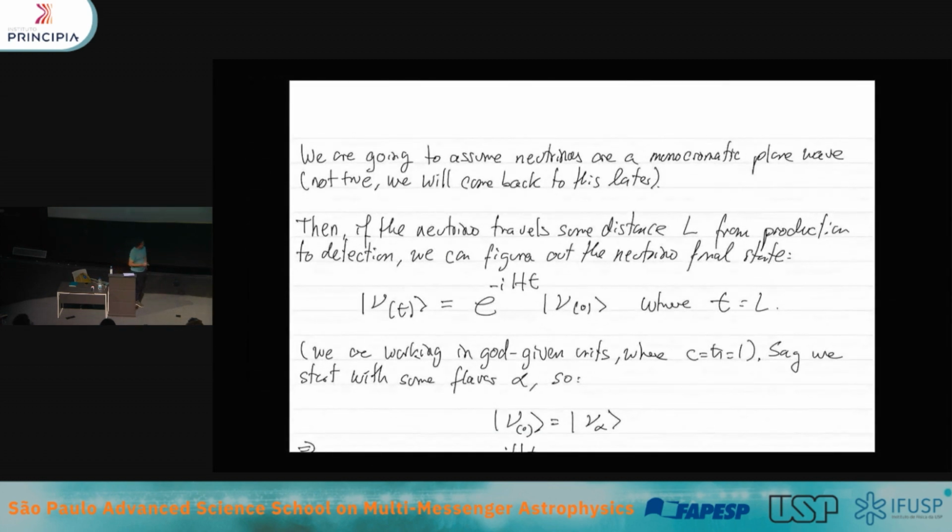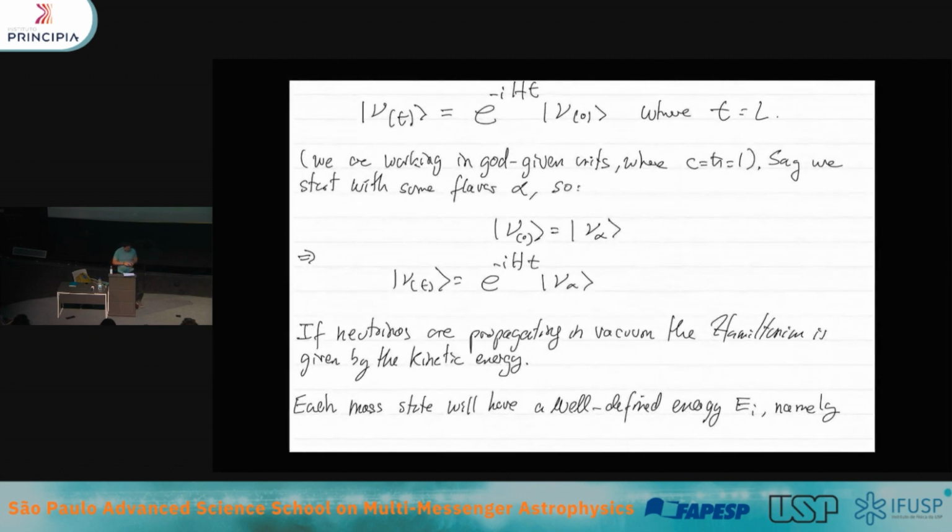Then you start with some initial neutrino configuration. Let's say that that's a mu neutrino, or some fixed neutrino flavor state. And then that's going to time evolve according to some Hamiltonian, and I'm going to end up with the neutrino state at some time t. For definiteness, say that we start with a given flavor state. This is essentially the case for most cases, like beta decay or pion decay or whatnot. In the previous example, we have a mu neutrino.